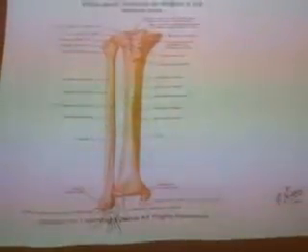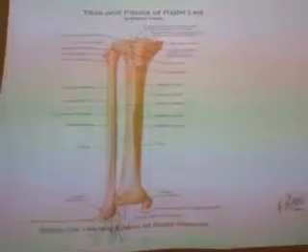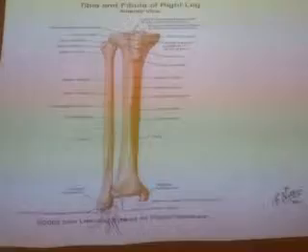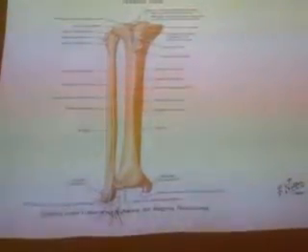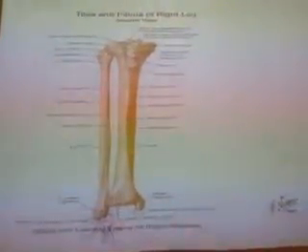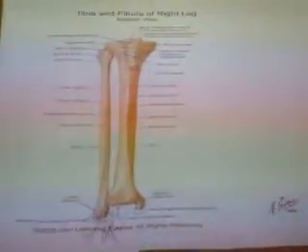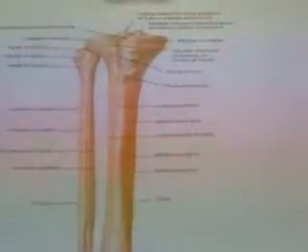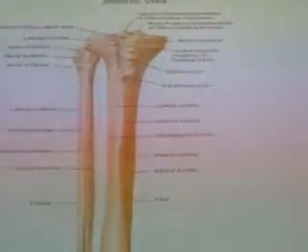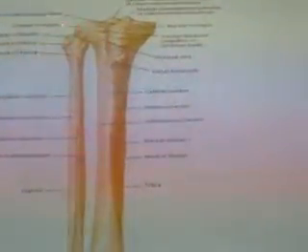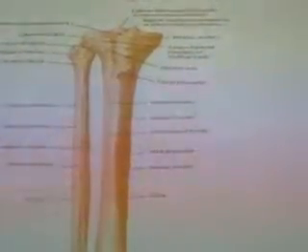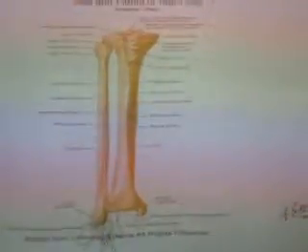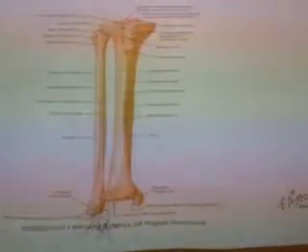When they take origin, they will have separate heads. When they get inserted, they will have a single insertion, similar to the biceps. Here it will have two heads, but when it comes to insertion, it will have a single one. So similarly, the biceps femoris is attached to this very important muscle, the muscle which is forming the lateral border for the popliteal fossa. So that muscle is attached to the lateral side. So this bone is on the lateral side, and it is inserted to the apex of the fibula, biceps femoris. We'll talk about other muscles later.